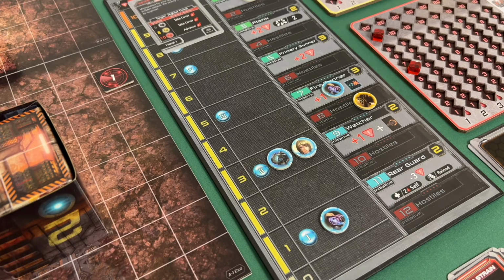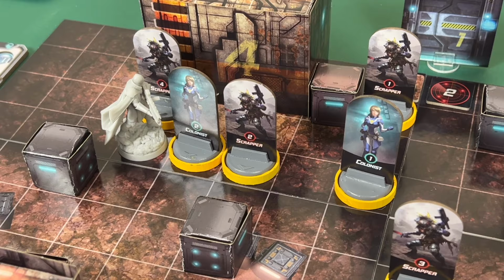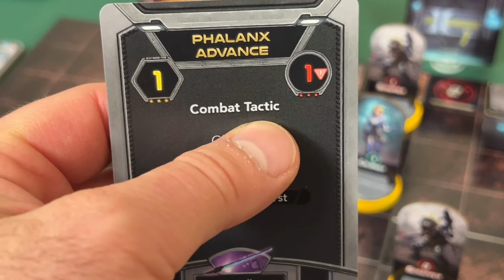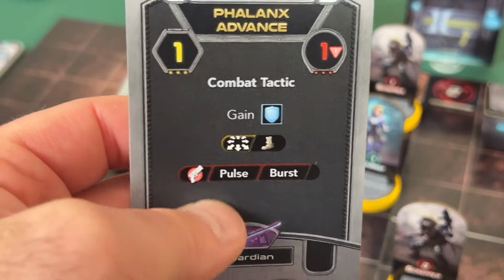This card is also going to increase my threat by 1, so we'll move the token up 1 space. And then we'll place this card next to our character so that we remember how many action points we have used. The next card I'm going to play is going to be Phalanx Advance, another combat tactic. I'm going to gain 1 threat. I'm going to be able to gain a shield token, then move up to my speed value, and then perform